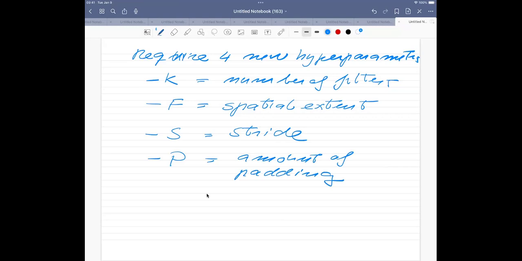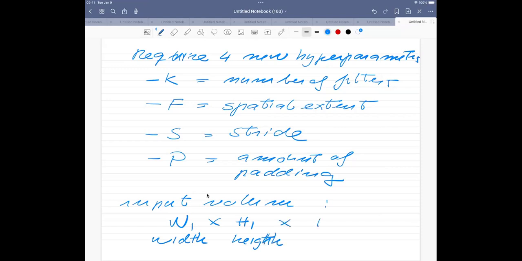Now, in general, your image is normally a square represented by a square matrix. But suppose now it's not a square matrix. Then you would have to look at the width and the height of the object which you're feeding in. So if you want to make this a little more general, we could say that the input volume is W1, which is the width, times H1, which is the height of the object,